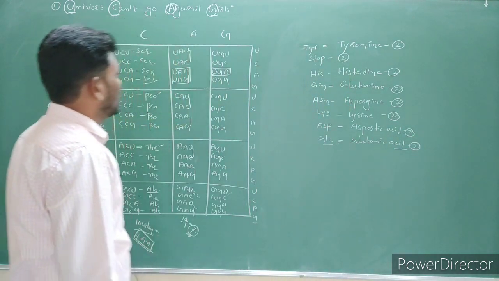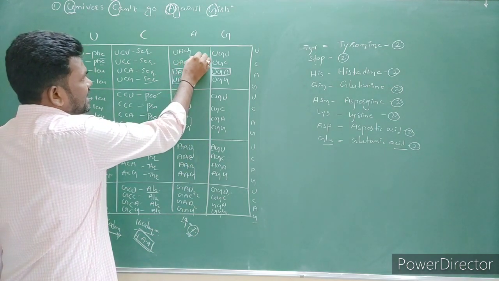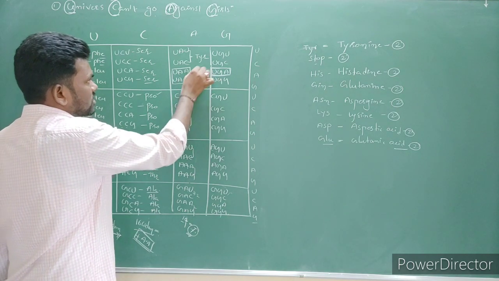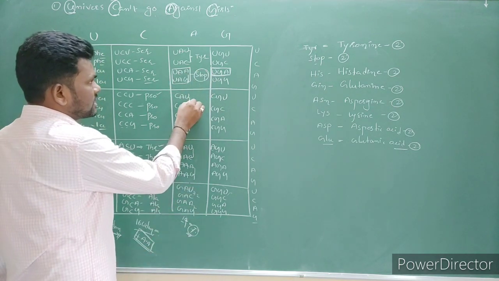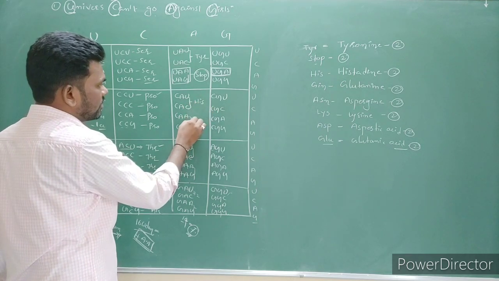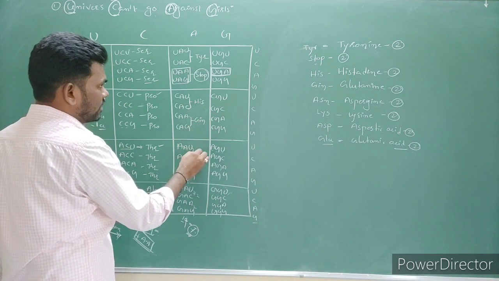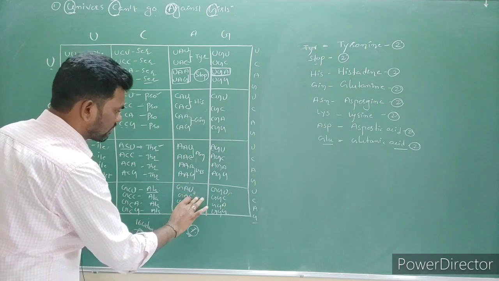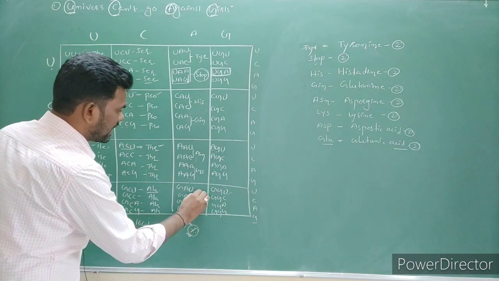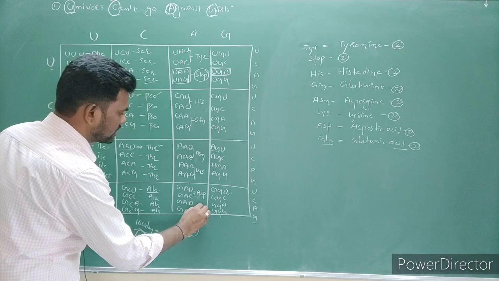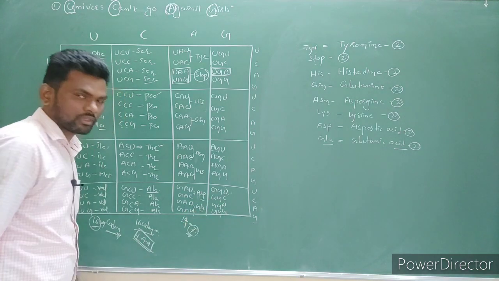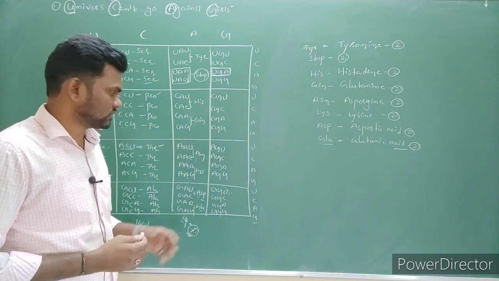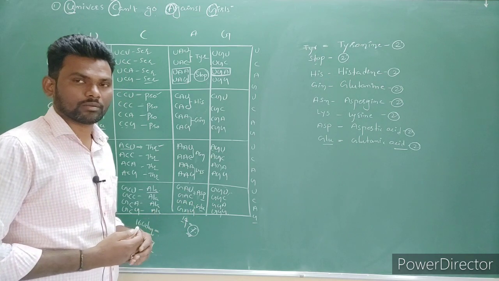Right? Simple. So these first 2 are going to code for TYR. The second set is stop codons. The third set is HIS, histidine. The fourth set is GIN and ASN, LYS, and these 2 are ASP, and the last one is GLU, glue. So it will take some time, but while you are reading the first time and second time, you can get it easily, right? So this is the second, third column trick.